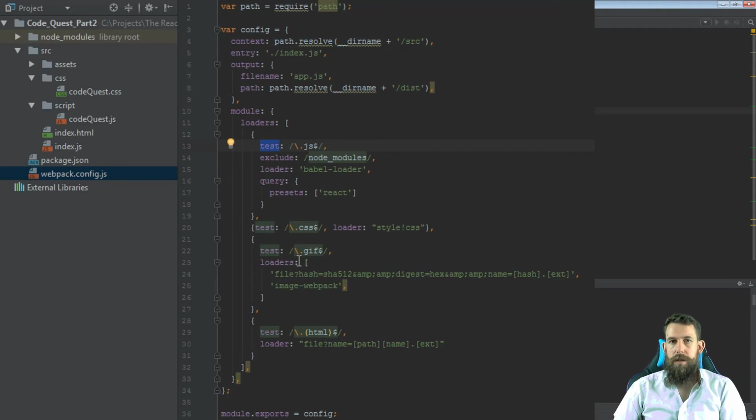And that takes some regex that is run over the name of each of the files that is found within the context. So in our case, that is the dir name source. So it's going to look at each of the files and it'll run the regex over it. The test for this particular loader is for any files that end with .js. The exclude says any files that end with .js, except if you find them in the node modules folder, because